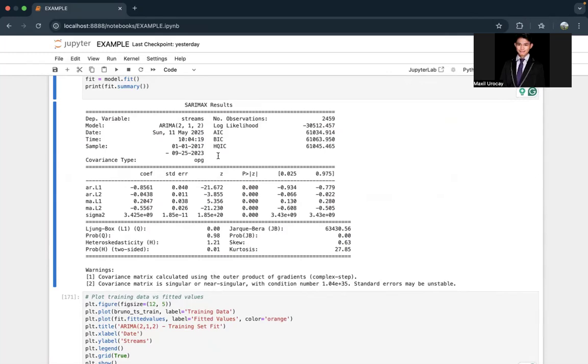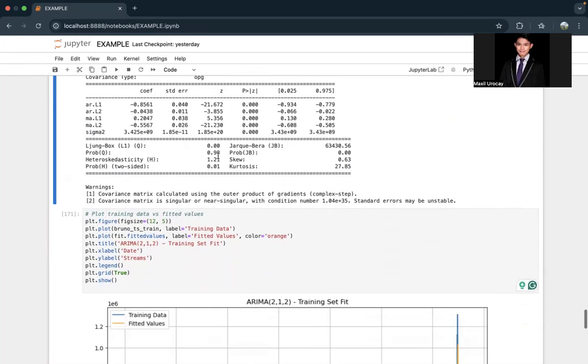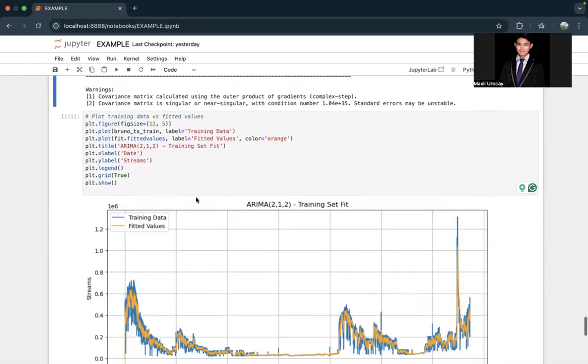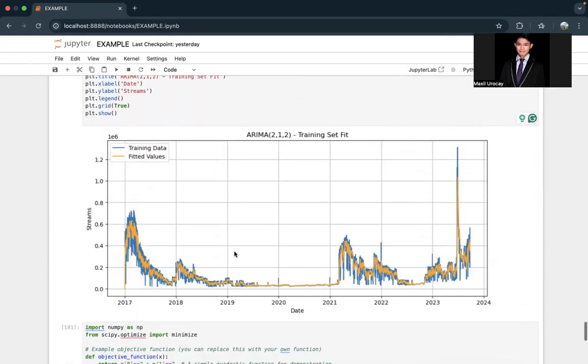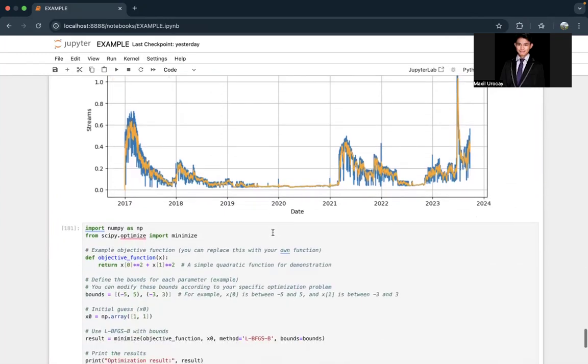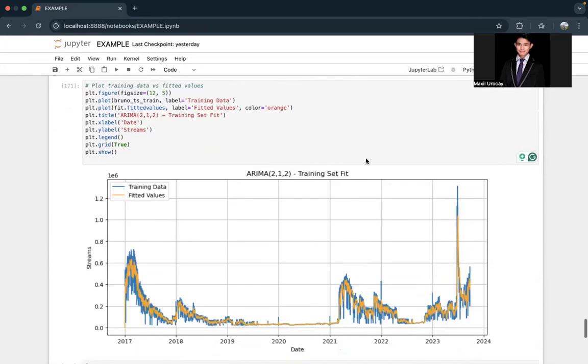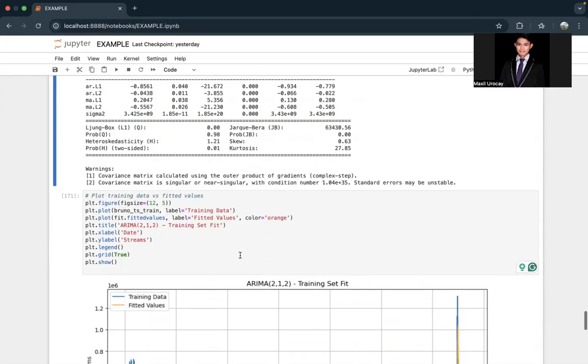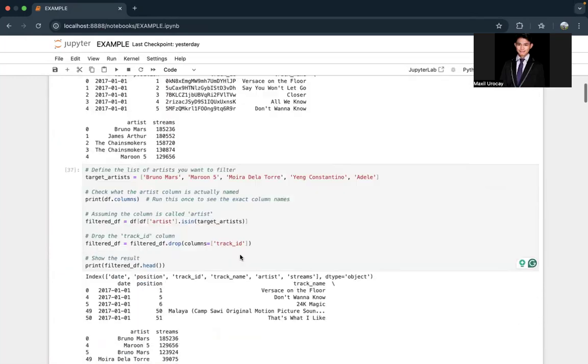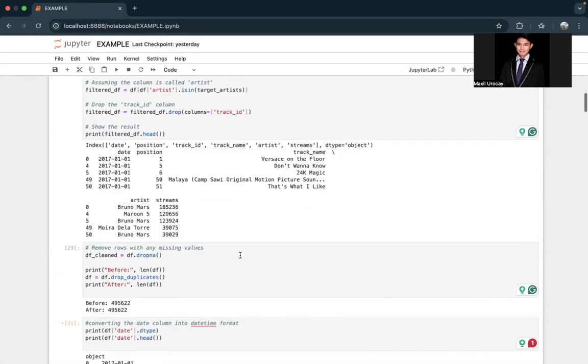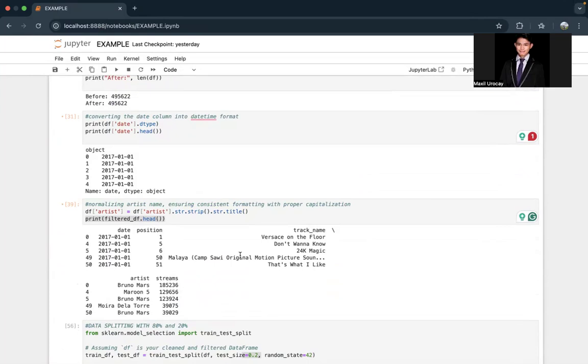After that, you begin to plot the training data with the fitted values, and then you run everything. This is not a good example yet. However, if your model is stationary, then you begin to complete the process. You have to do the step-by-step process.